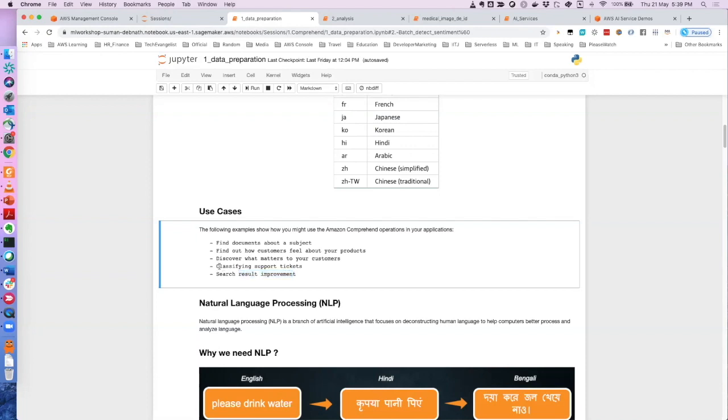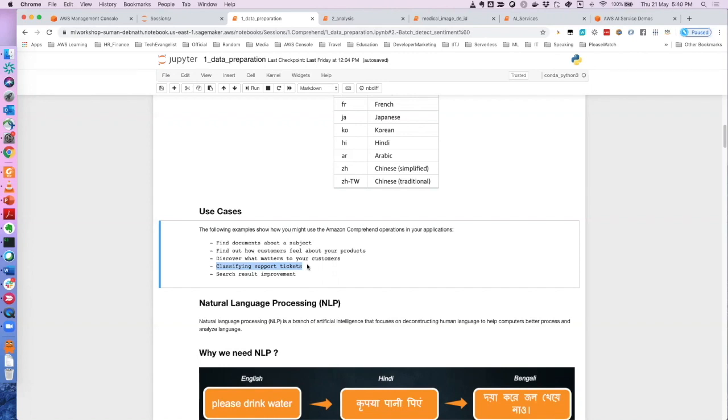Also, there is one more use case, like customer ticketing. A lot of times, as you might have seen in today's world, we order a lot of things online. Literally all business runs online, at least today, during this COVID time and going forward. So there are a lot of issues that we as customers face, and we might want to raise a ticket, like, this is not working, that is not working, or whatever.